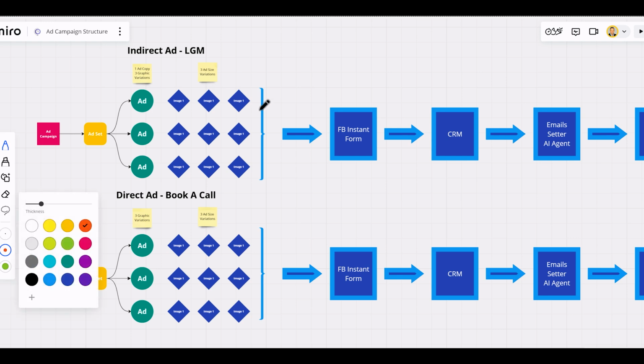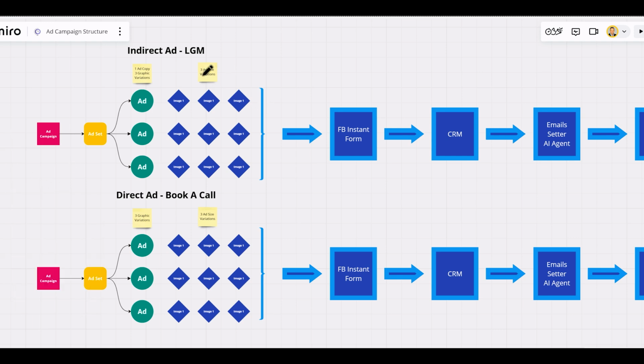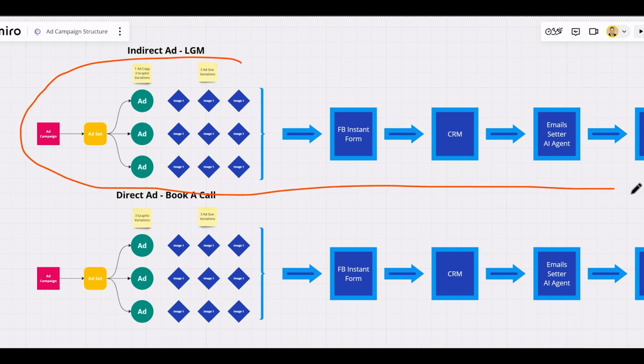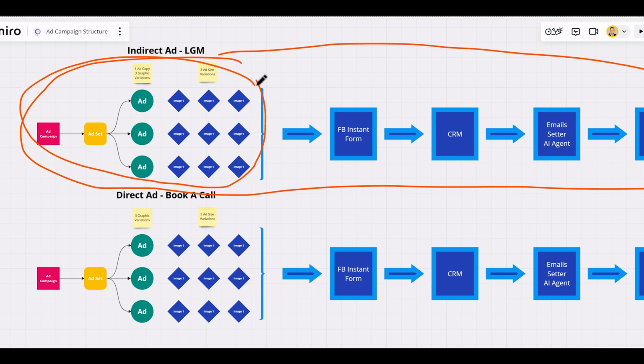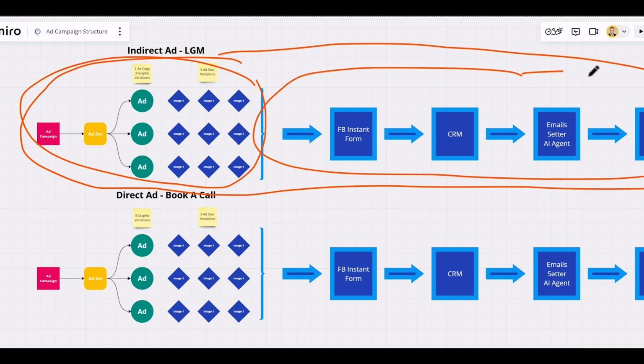So the first thing I want to kind of talk about here is the overall structure of running an ad involves all of this, right? So you've got your ad that you're running, which is over here. And then this here is your back end funnel. Now, what do I mean by that? So if you think about it, you've got your ad that you're running, which could be on Facebook, Instagram. There's a Facebook instant form, right, which they fill in, which directly feeds into your CRM that we've given you,